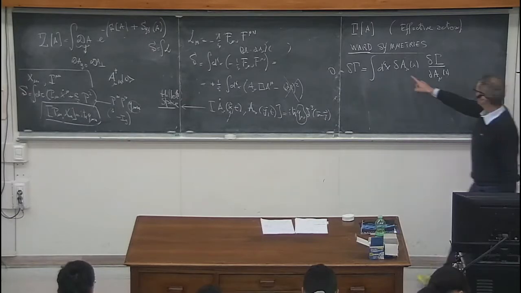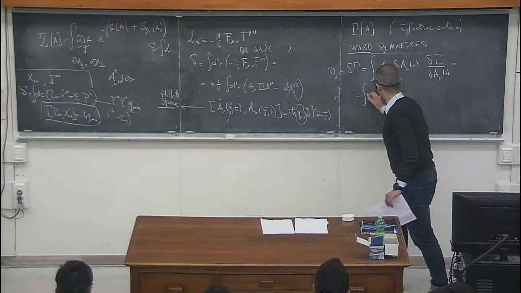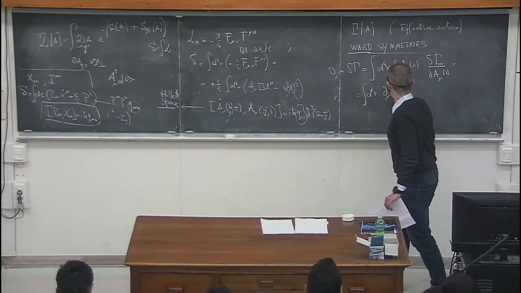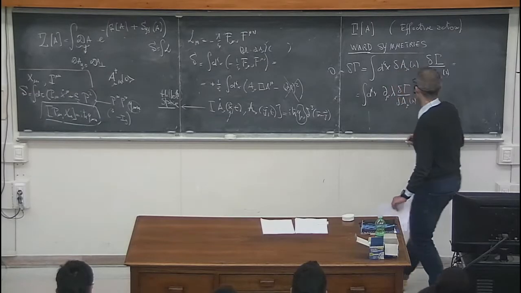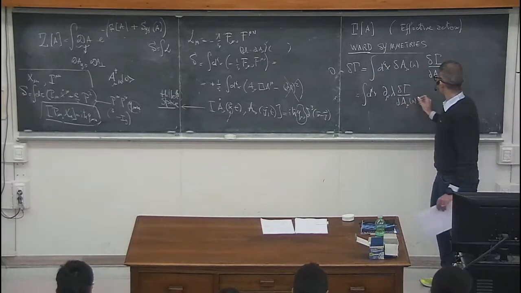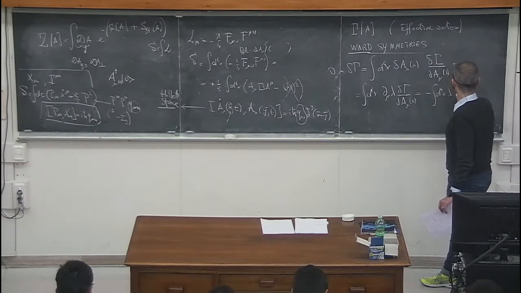Now let me write down this variation here, which is just ∫d^4x ∂_μλ δΓ/δA_μ(x), okay? Then I do partial integration, so I just do a partial integration, ∫d^4x λ ∂_μ δΓ/δA_μ,